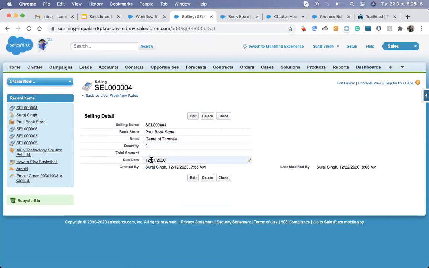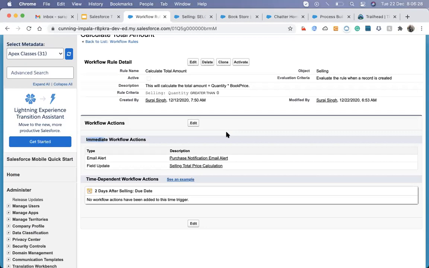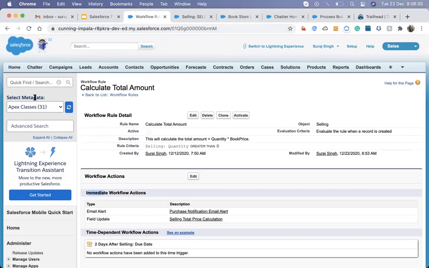So I'm going to send an email before the due date. Just before that, let's make a checkbox field over here that says whether payment is confirmed or not.